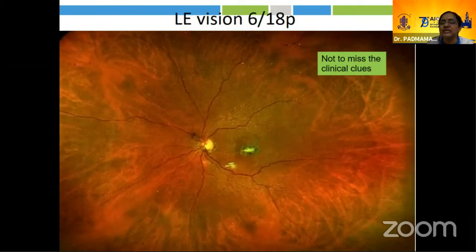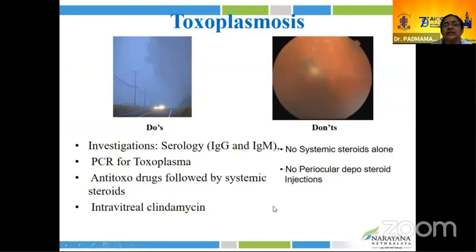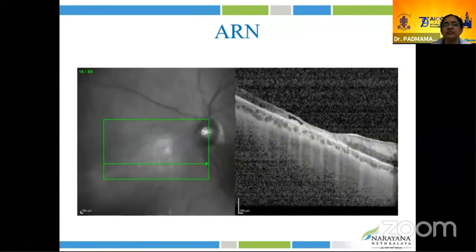Not to miss such clues as the healed chorioretinal scar, which gave us a clue in this case to suspect toxoplasmosis. Whenever toxo heals, it forms an epiretinal membrane with a healed chorioretinal scar. So toxoplasmosis is diagnosed based on the clinical presentation of headlight-in-the-fog appearance; most of the time you could see the reactivated active lesions adjacent to the area of the scar or away from the area of the scar.